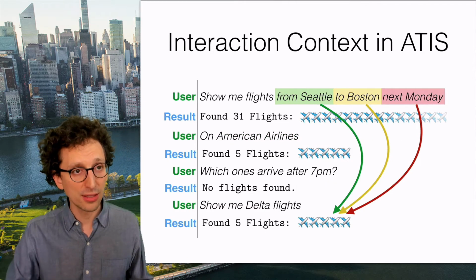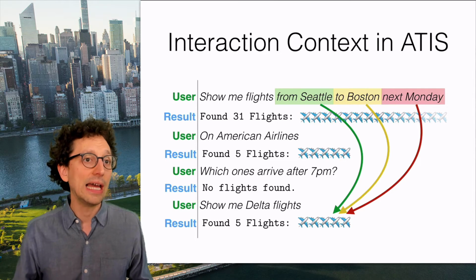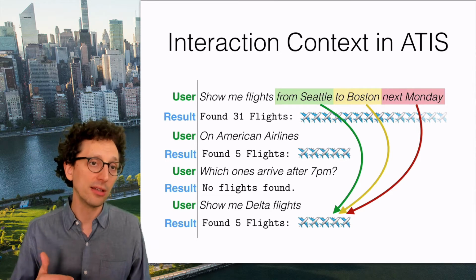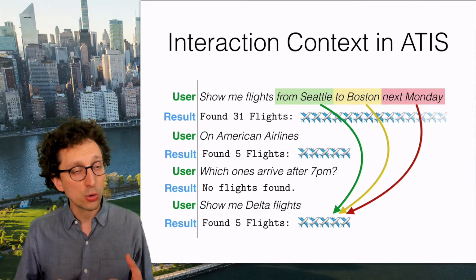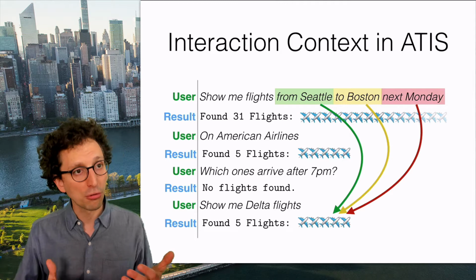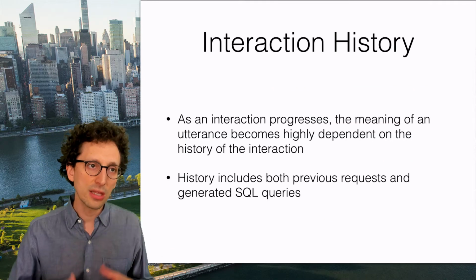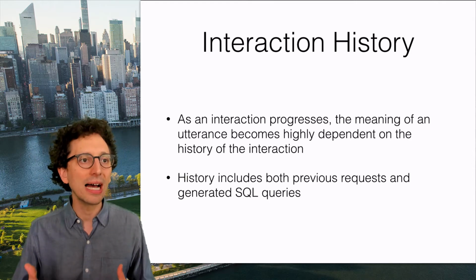And further complexities are introduced later on. As interaction progresses, for example, here, the user changes some of the constraints they provided, implicitly telling the system that it should take constraints from the first utterance, but ignore constraints from the second and third utterances. So in this kind of interaction, as the interaction progresses, the meaning of utterances becomes highly dependent on the history